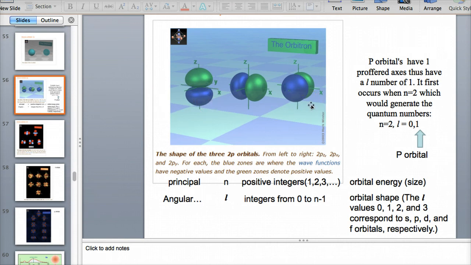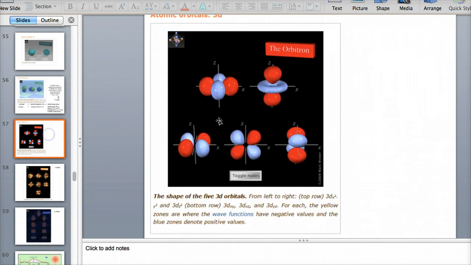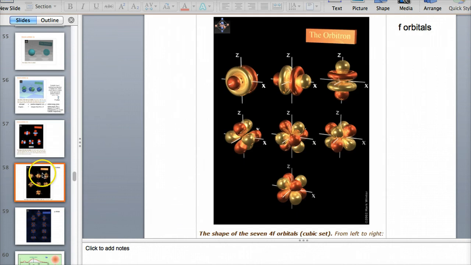Has 3 orientations over one preferred axis. Okay? A d orbital has 5 preferred orientations, 5 orbitals. We knew this last year. The d block has 10 electrons, and we said, hey, 2 electrons exist here, 2 electrons exist here. Okay? The f orbital has 7 orbitals that fill its sublevel because 14 electrons, 2 apiece, but more importantly, the